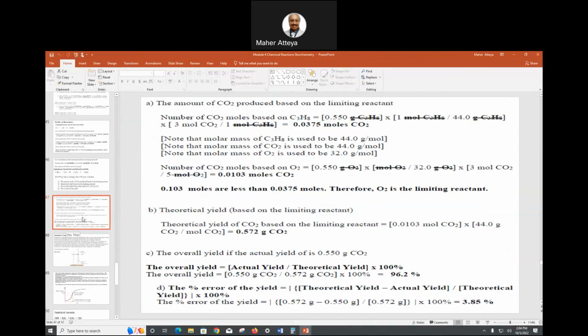Now let's look at the example here. This is an example, and then I will stop, because the other stuff, don't worry about it. That will come later on in the titration and everything. But this is the last example, which is very important. So we have CO2 produced, the amount of,